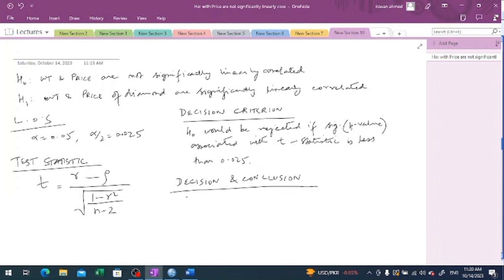So we state this as: since the p-value or significance in the correlation matrix is 0, therefore H naught is rejected